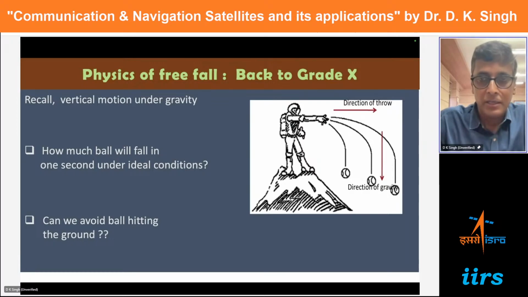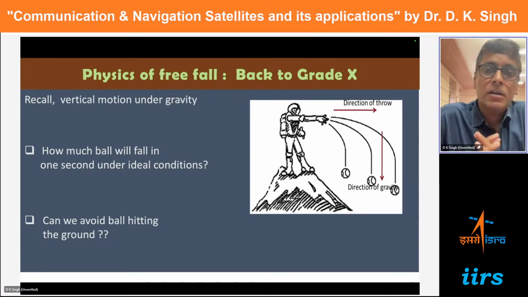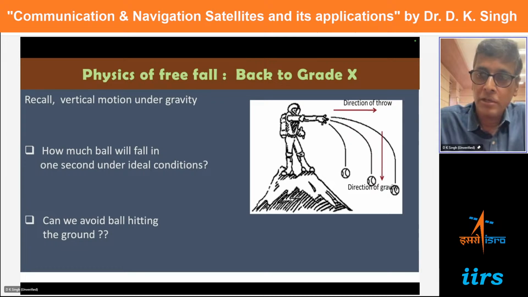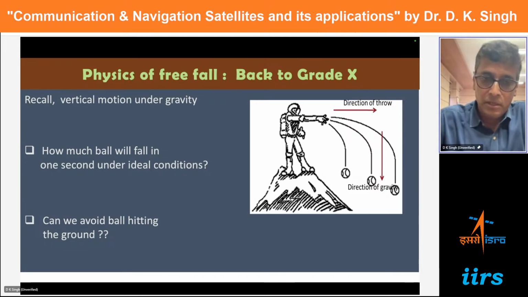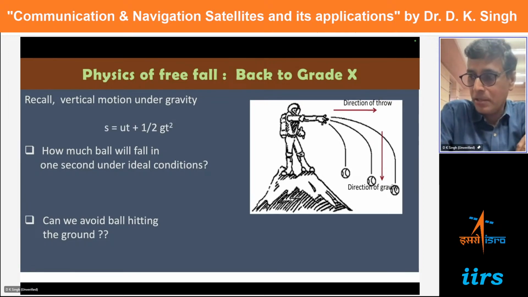When I came to know that this talk is for the teachers, I pulled out two slides which I always give to the students. A little bit on orbit creation, how the orbits are created around the Earth. This is a very simple form you can understand from 10th grade maths. You can recall the equation of motion, which is nothing but S = ut + 1/2 gt². And if we try to solve it in a very simplified manner and pose a question,